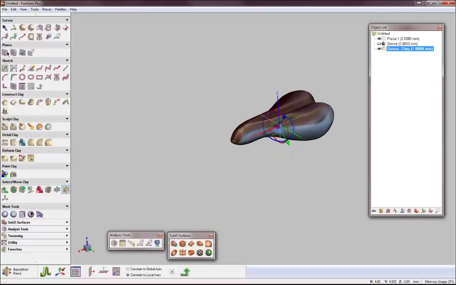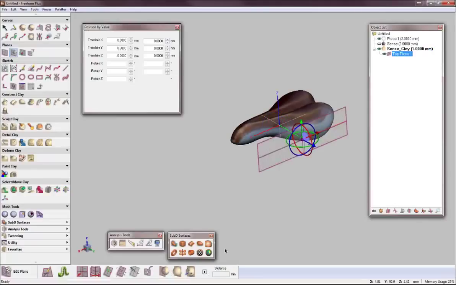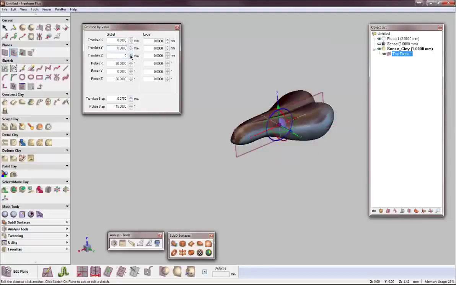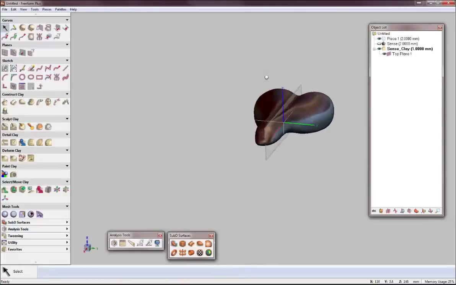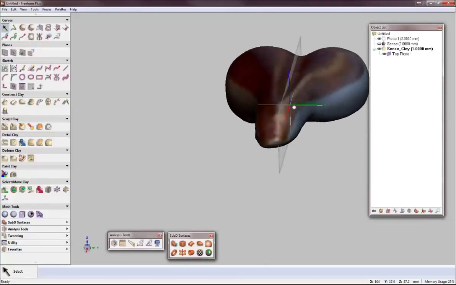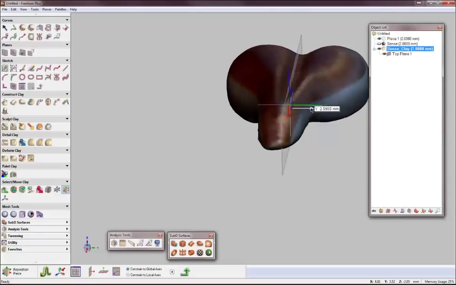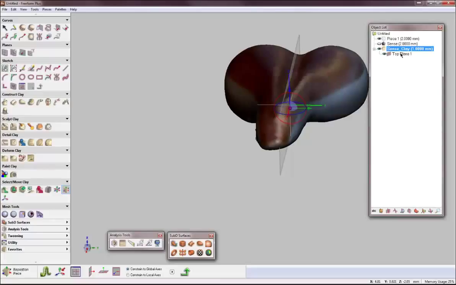And then if I want to, I can go ahead and create a plane and make that plane through the origin. And then using some familiar tools, you see here, visually I can see that it's not quite through the origin, so well, it's not quite aligned with the origin. I can come here, I can move it back and forth if I want to. Go ahead and move that part